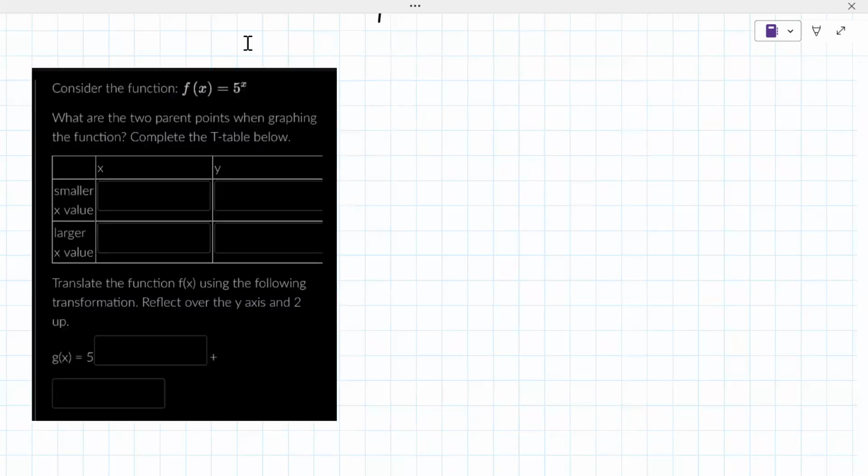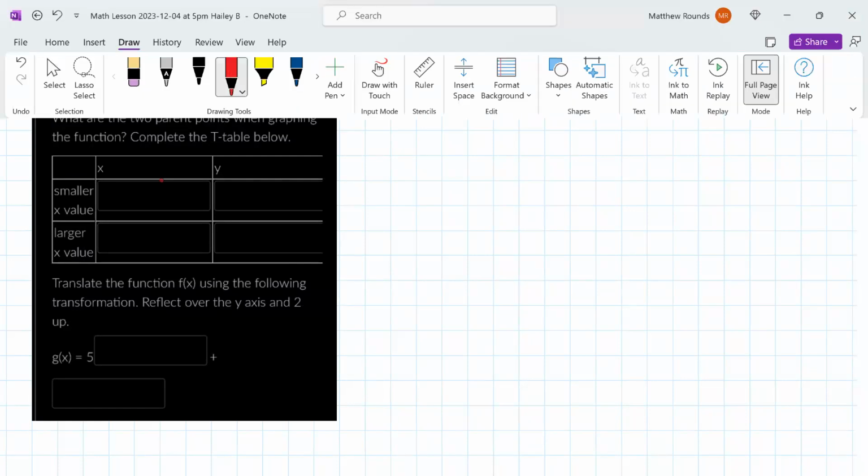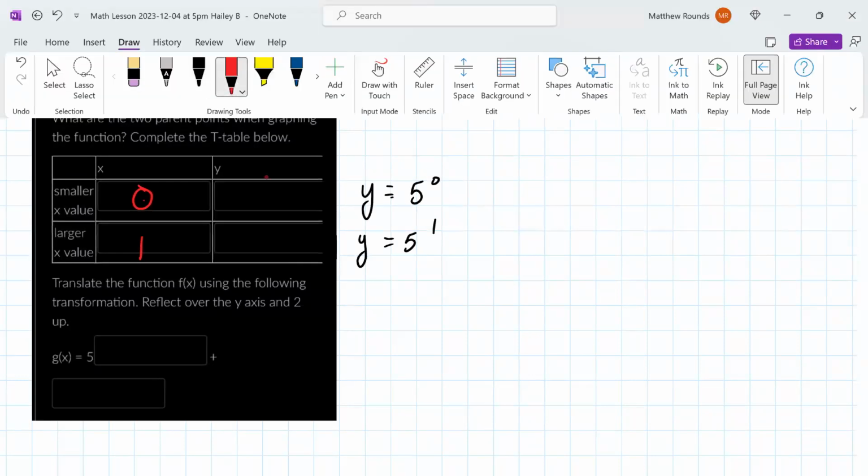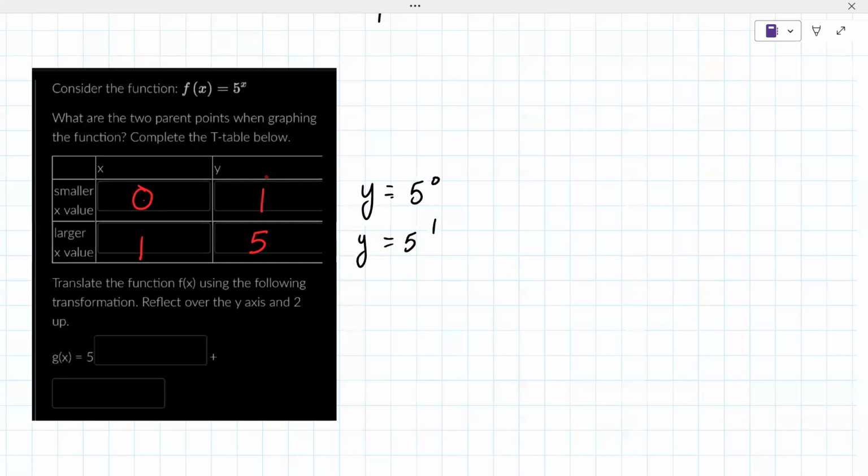It says here's a parent function 5 to the x. What are two parent points when graphing the function? So I mean, I like 0, x is 0, and then x is 1. What they're asking you to do is 5 to the 0 and then 5 to the 1 power. I mean, that's where you may know better than me. Yeah, that's what looks familiar from class. Okay. So then there's this next part